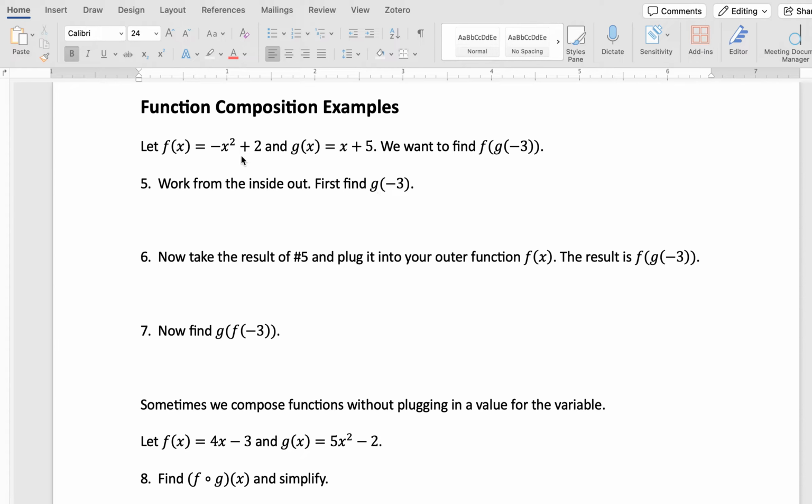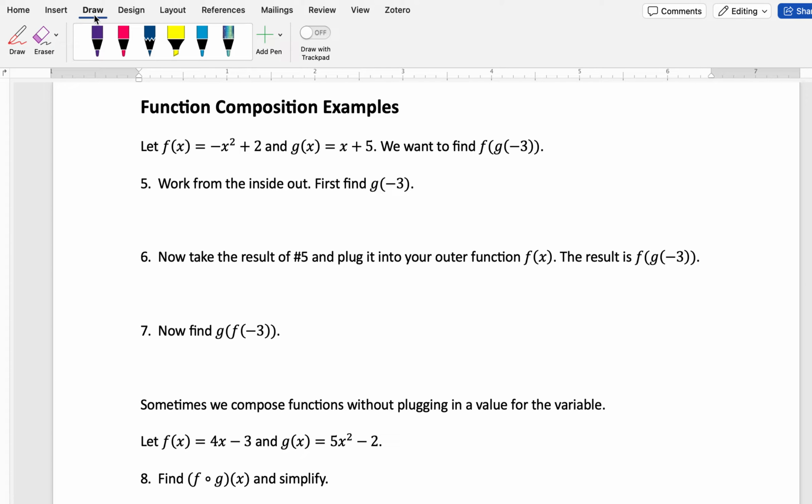So first we want to find g of negative 3. That means that we are plugging negative 3 in for x into the g equation. So g of negative 3 is going to be negative 3 plus 5, which is 2. Then we are going to take our answer 2 and plug it into f. So we take the result of 2, plug it into f, and our result is f of g of negative 3. So f of 2